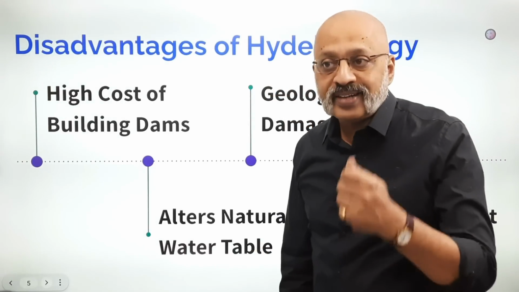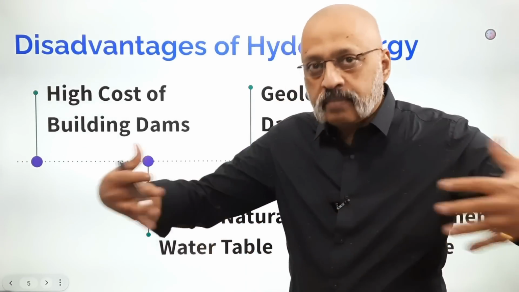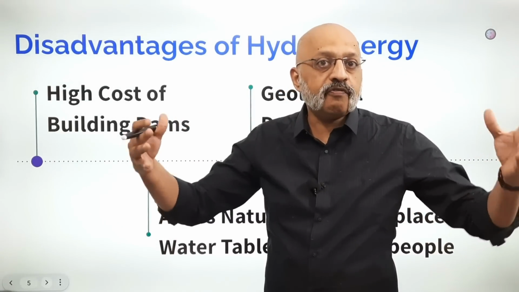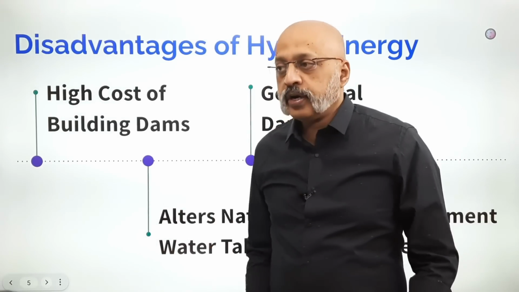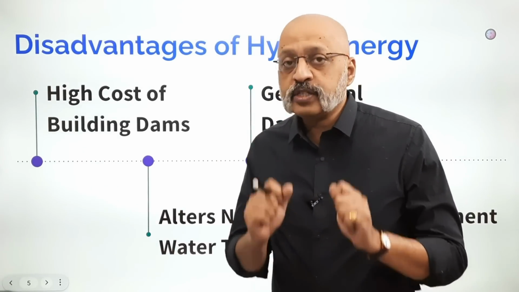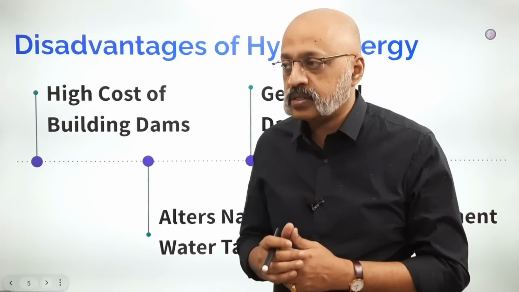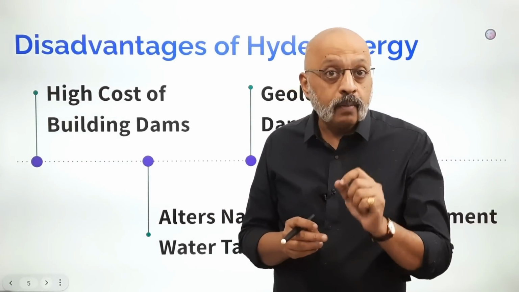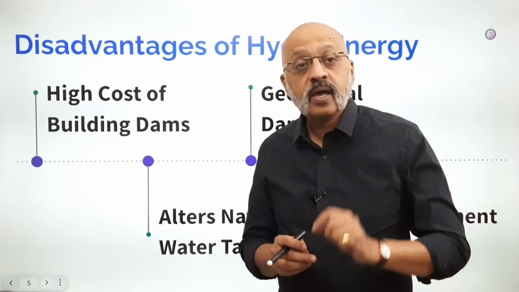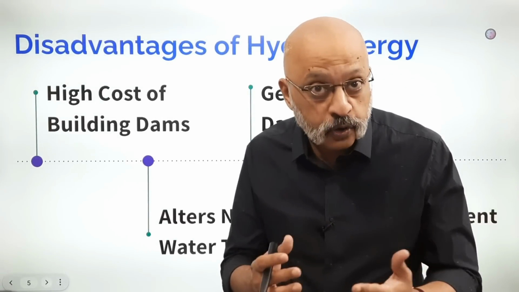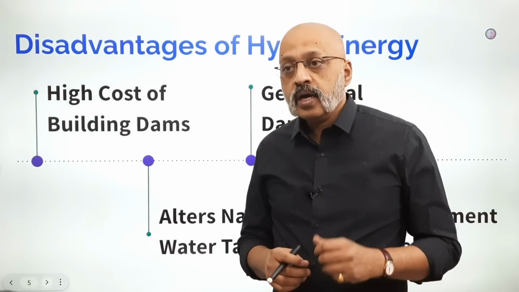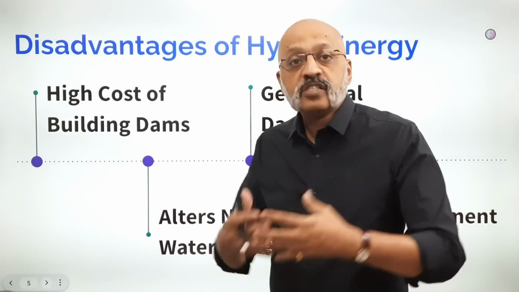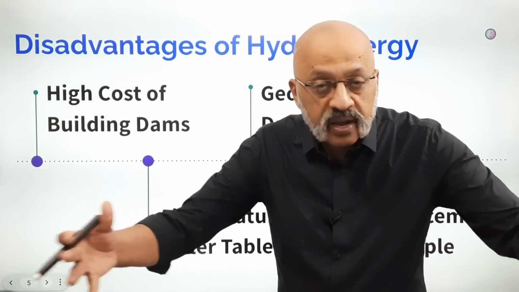Then there is geological damage, right? Because of the way the dams are constructed, you are introducing a new element into green forest areas, and I will talk about it in a bit, giving specific examples of two places, one in the north, one in the south of India. They can also trigger earthquakes. The protests against the Tehri Dam in Uttarakhand, and students from Uttarakhand would know this, were very strong. So they can cause geological damage. There is serious environmental concern about what tons of concrete can do in a green area, right?